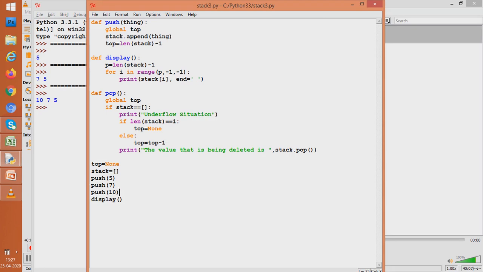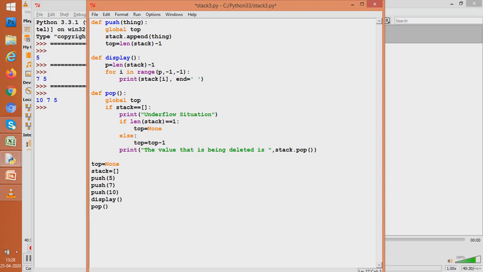So we have worked with our push function. We have seen it through the display function. Let us see our pop function. How our pop works. There is an error in that pop part I am seeing. We'll have to correct that error. So what is that error? Let us see. We have not put an else and it would not work fine. Let us see. Let us run the pop.